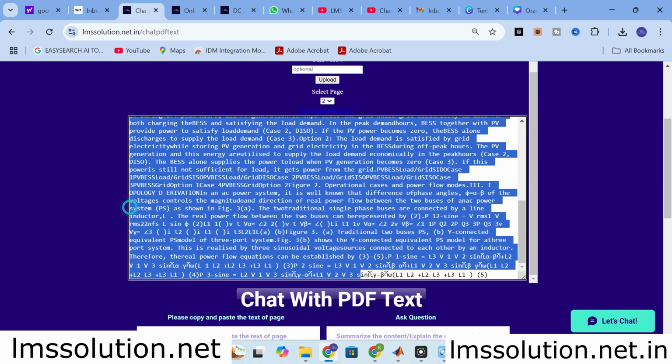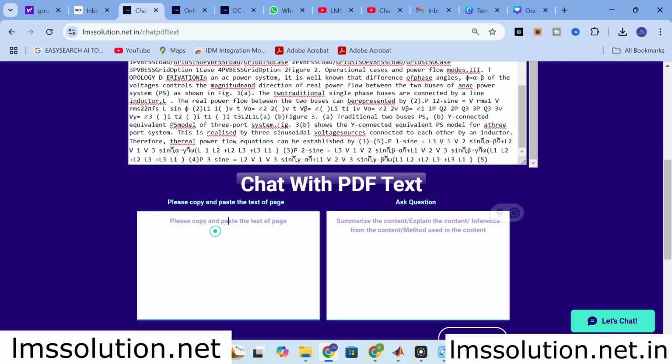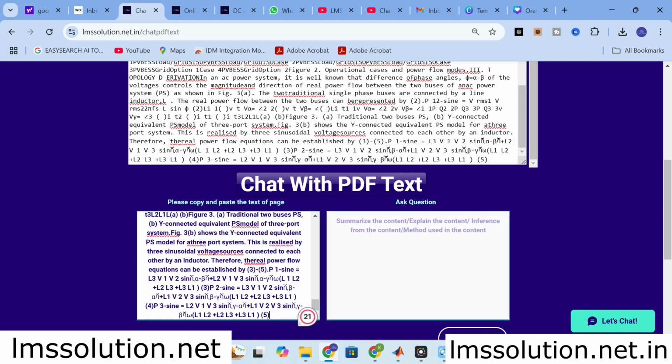So what you can do is copy the content of the second page. Copy and paste the text of the page. Whatever you want related to the page, you can give here: summarize the content, explain the content, inference from the content, method used in the content. So whatever you want, give. I am going to give